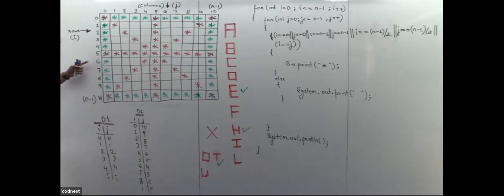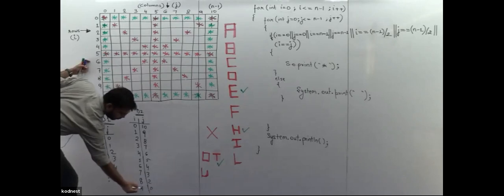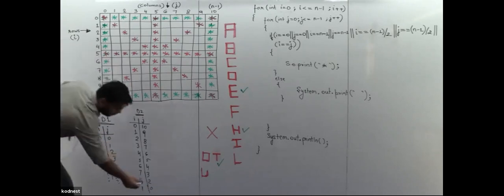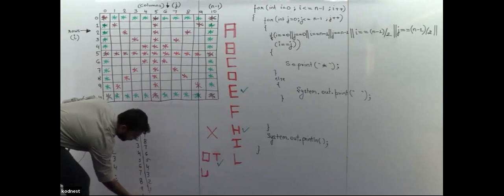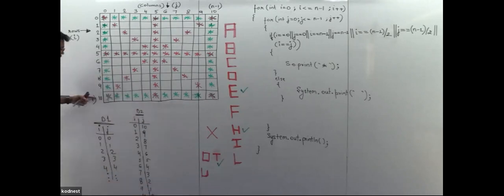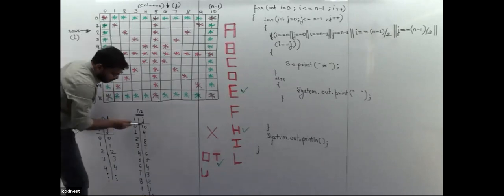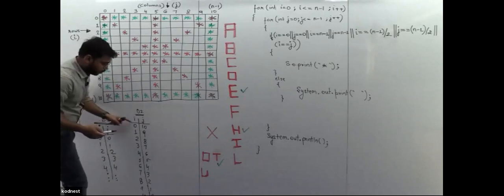So, no, 9th row, and have I made any mistake? 0, 1, 2, 3, 4, 5, 6, 7, 8, 9, and one I have missed. So it is 1, and here it will be 10 and 0. 10th row, 0th column. For this particular thing, if you see, whenever you are adding them, 0 plus 10